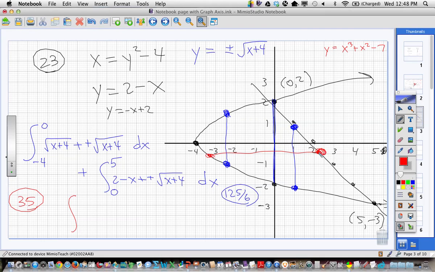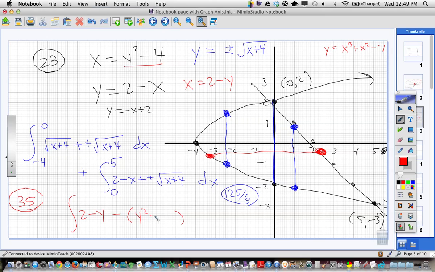The length of the strip is the right x, which is what? We don't have that yet, do we? Yeah, we got to solve this for x. So we add the x over to that side, we subtract the y, we get 2 minus y. Okay, so the right x is 2 minus y. The left x is the x on the parabola. That would be